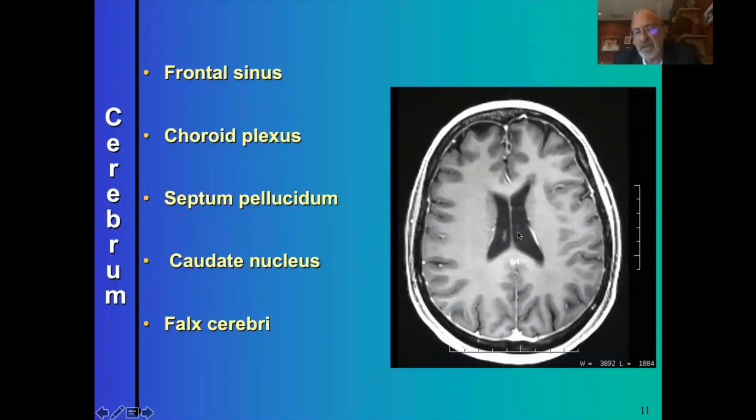These structures are producing cerebrospinal fluid 24 hours a day, 7 days a week, always in a regulated, balanced manner, and it's going to flow through the ventricular system, the CSF, through the different openings, through the different cisterns, in and around the brain, and eventually down